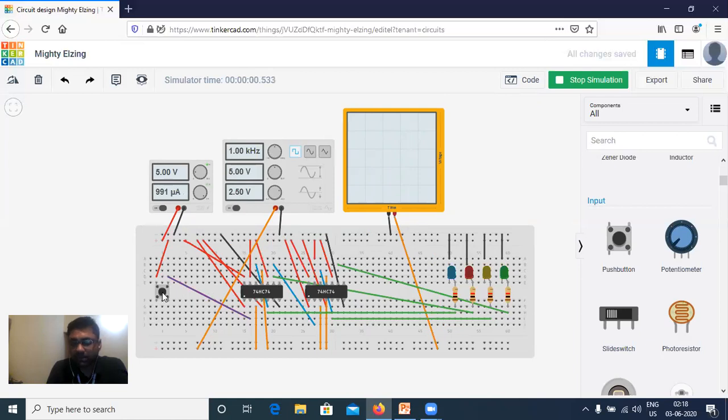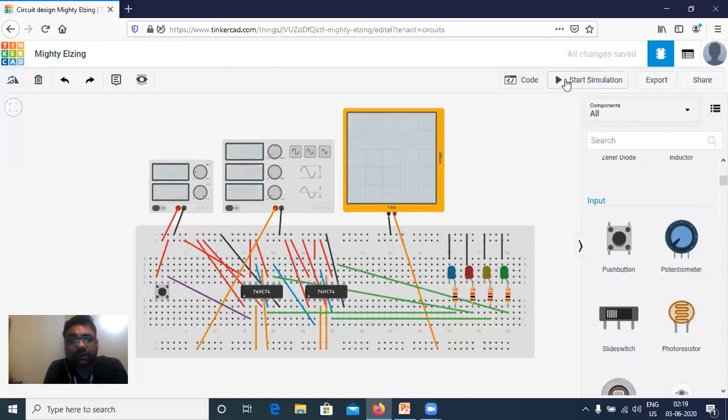If I give a pulse, you see the first blue LED will take the first pulse after application of clock, and the same pulse will just shift from left to right. Now you can see the frequency is 1 kilohertz. That's why you are not able to see how fast it is moving.